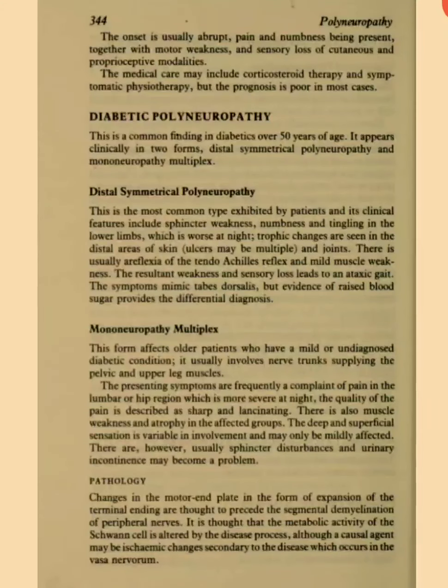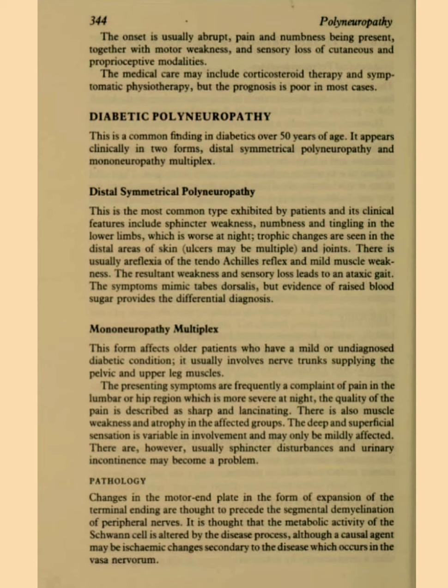Diabetic polyneuropathy. This is a common finding in diabetics over 50 years of age. It appears clinically in two forms: distal symmetrical polyneuropathy and mononeuropathy multiplex. Distal symmetrical polyneuropathy. This is the most common type exhibited by patients